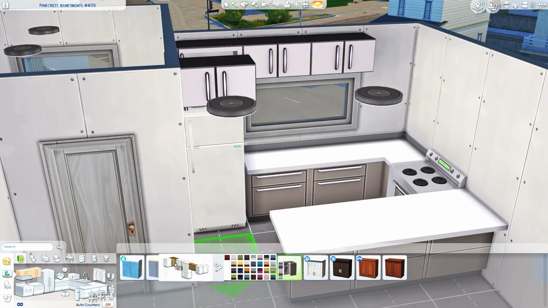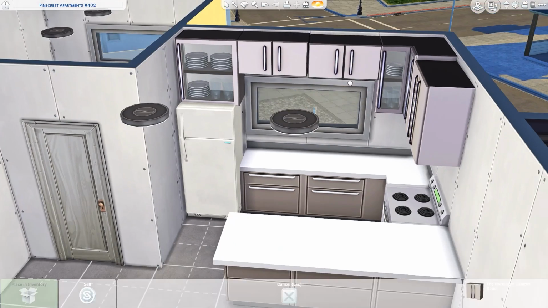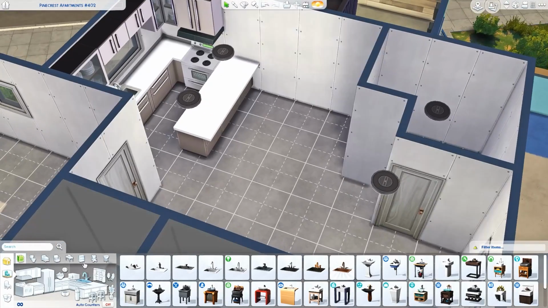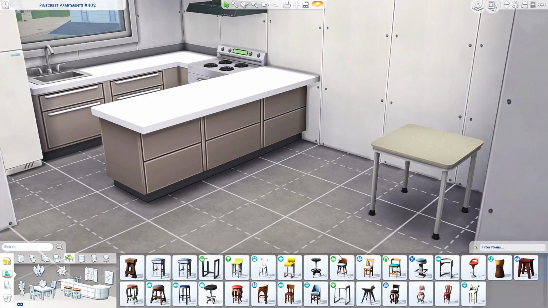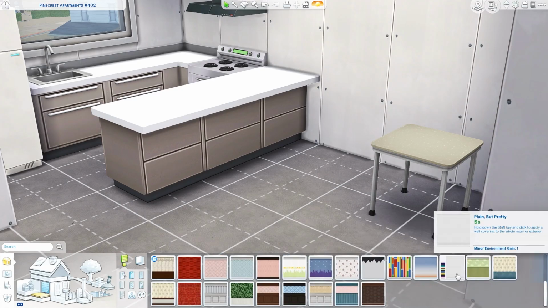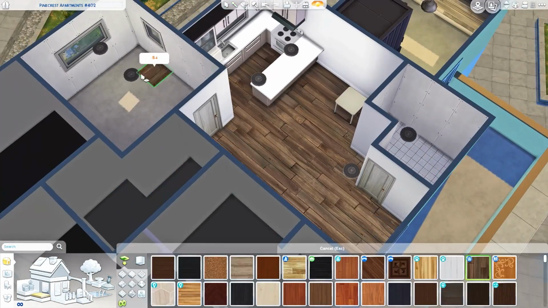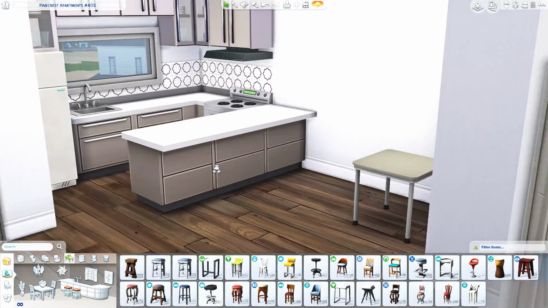So for this apartment, I wanted to do something that was for a student. My original plan was to do something that was a bit more cheap looking. I think it ends up looking a bit nicer than I originally planned, but that's okay. Maybe I'll do another student apartment that's more of a struggling student's apartment, because this one I don't think is. I think I would have been very happy to live in an apartment like this when I was a